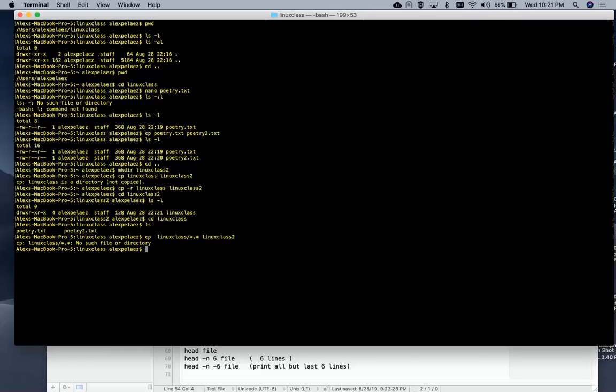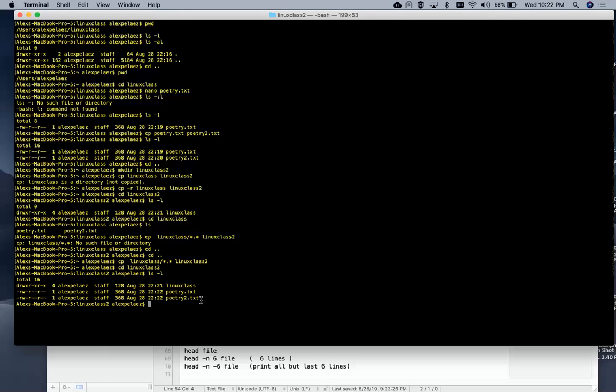Of course, I can't find it because I'm in the wrong directory. There we go. I had to be in the root directory because Linux class and Linux class 2 were both in that directory. So now if I go to Linux class 2,